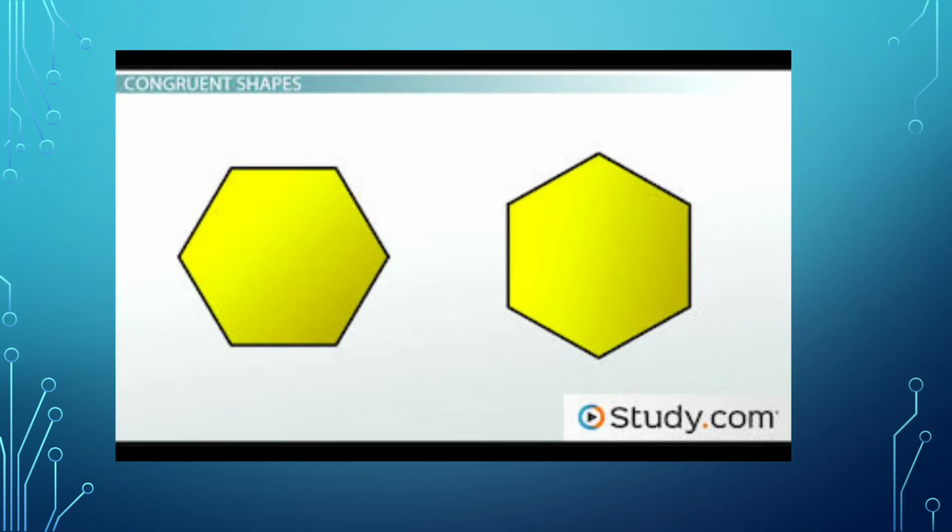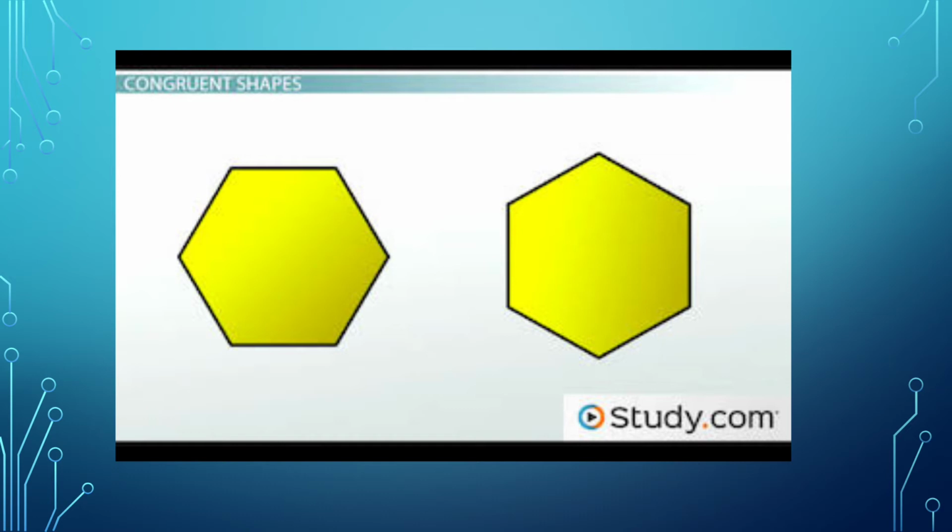Next we are going to see one small example, a plane shape example. This is a hexagon. It's also a hexagon, but the two hexagons look different because the second hexagon is turned. We have to turn the hexagon and overlap it on the first hexagon, then it should be the same. Without turning, if we place the second hexagon on the first hexagon, it is not congruent. But if we turn the hexagon from the right hand side, then we can place it on the first hexagon, and it is congruent.